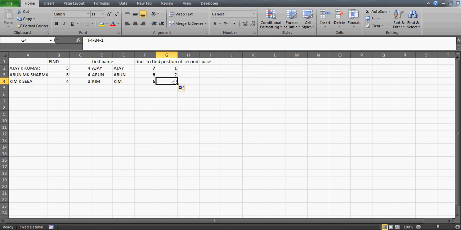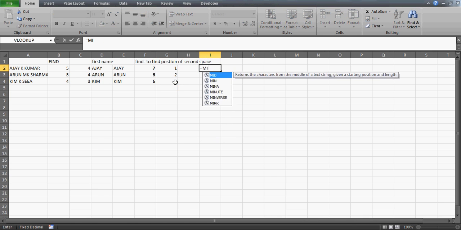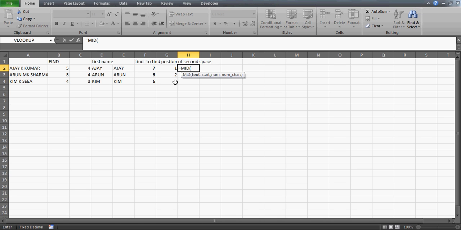So now what it is actually going to do is, it is going to give me the middle name. These are the middle name characters. So I can quickly come here, and I'm going to just tell you how you can even extract the middle name. So go to the mid, say the text, this text, and the start number has to be this very first find position, and add +1 to it, so that you start from the sixth, which is going to be the very next character after the first space.